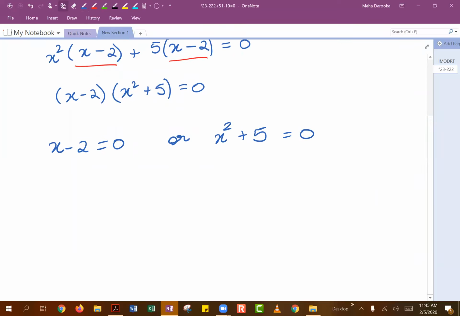So what does the first term, x minus 2 equals 0, give us? Yeah, very good. You will end up getting 2 because we need to add that 2 to the other side. And you're left behind with x equals 2 from here. What's going to happen on the right-hand side with that x squared plus 5? You get x squared equals negative 5. When you take the square root of negative 5, which will end up giving us